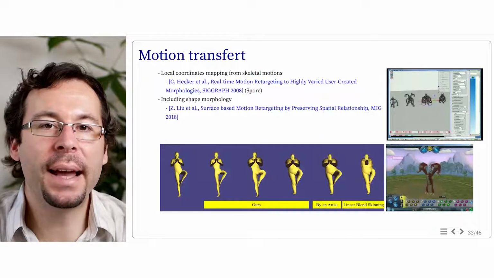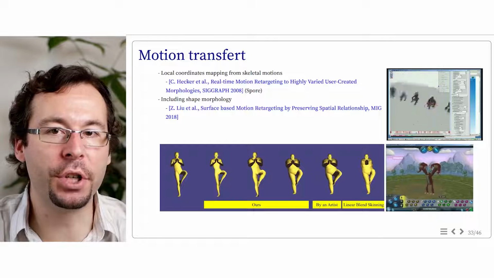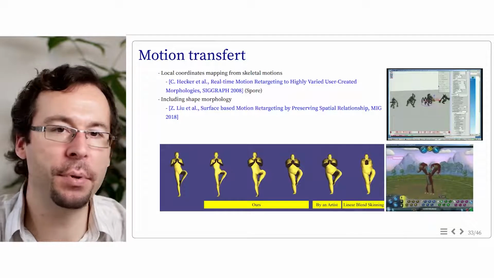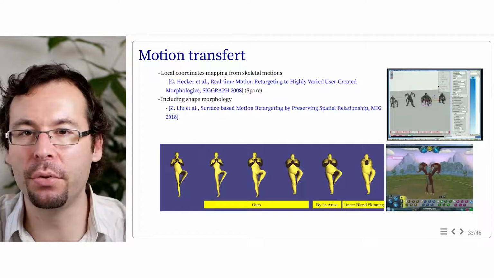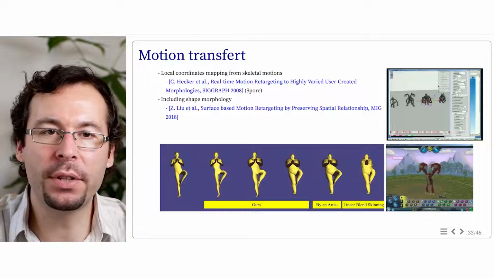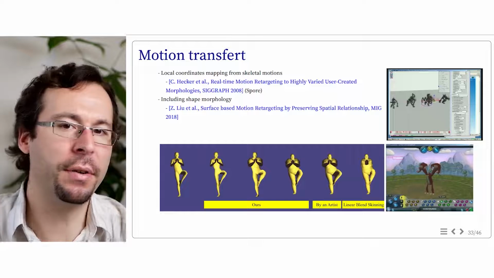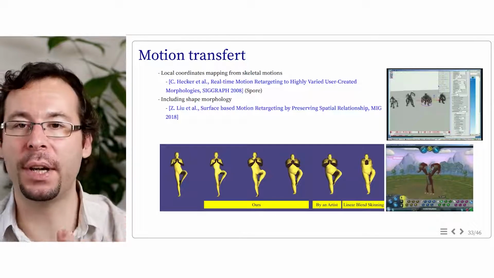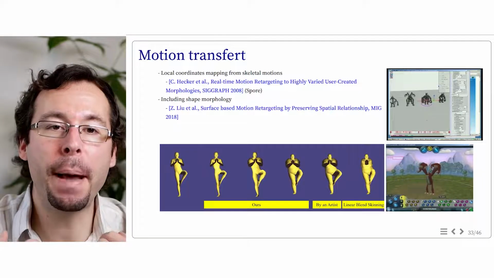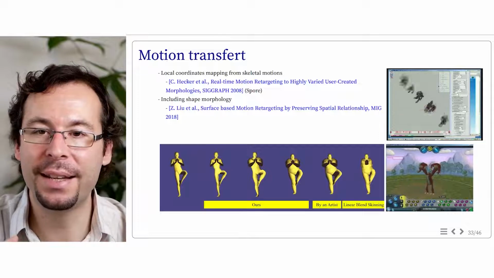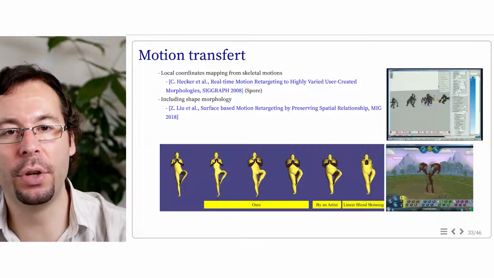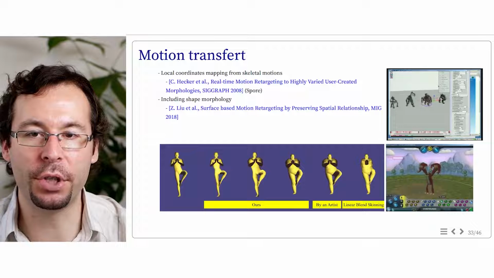And now I will briefly end by presenting some other approaches to give you an idea of several possibilities, but without going into the details. Of course, you are not expected to go into the details of all of these approaches. So another type of approach is motion transfer. The idea is to try to find a mapping from a given motion set of a specific character to another one with a different morphology.